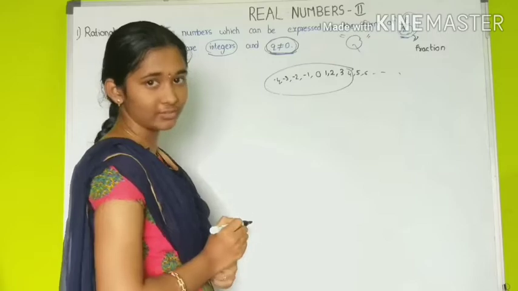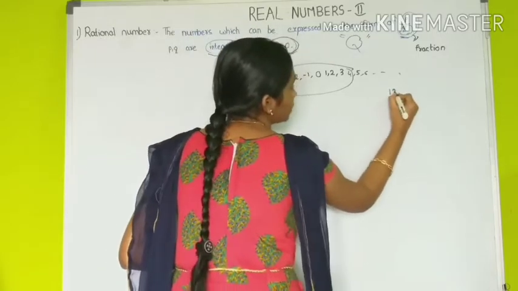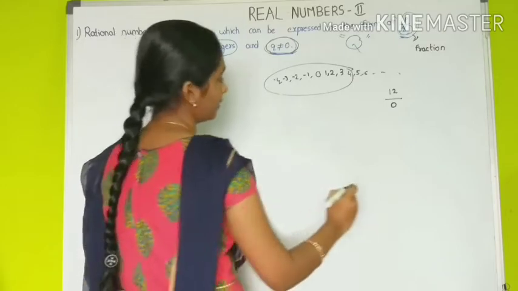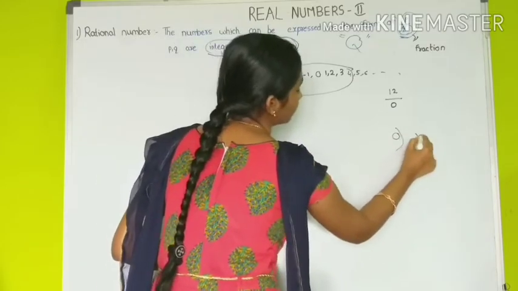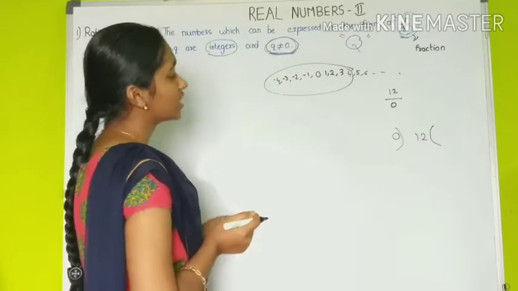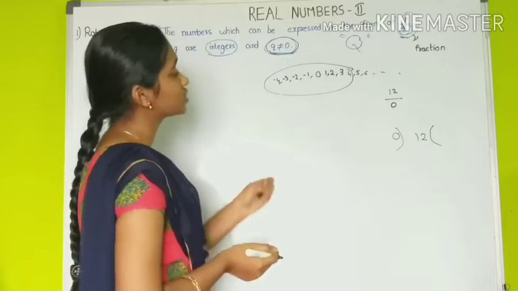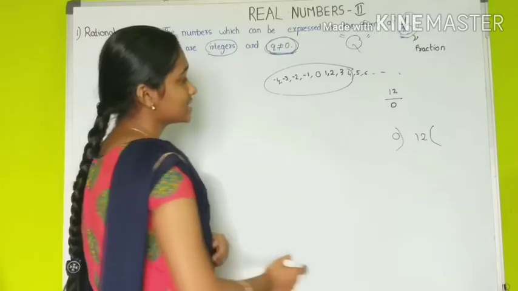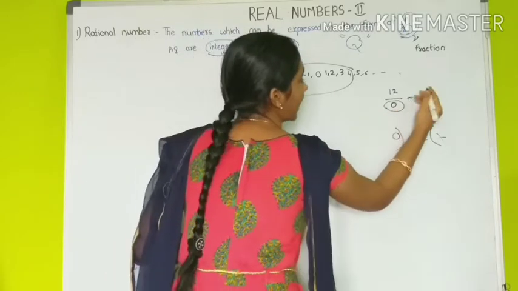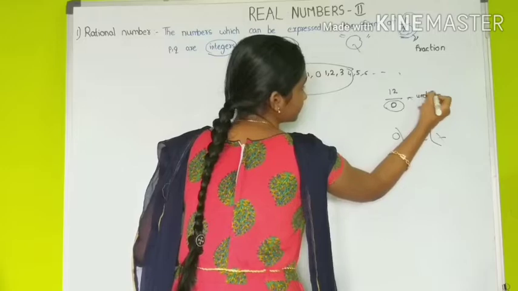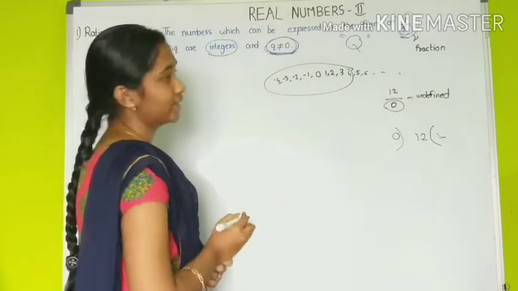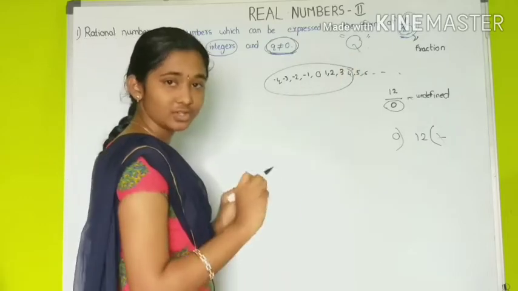Why should the denominator not be equal to 0? Let us take an example, 12 by 0. When we are asked to divide 12 by 0, 0 ones are 0, 0 sixes are 0, 0 twelves are also 0. So any multiple of 0 is always 0. So there is no value which can divide 12. So it is said to be undefined. We cannot define 12 by 0 when the denominator is 0. It is undefined. So as the value is undefined, they say that the denominator should not be equal to 0 to be a rational number.